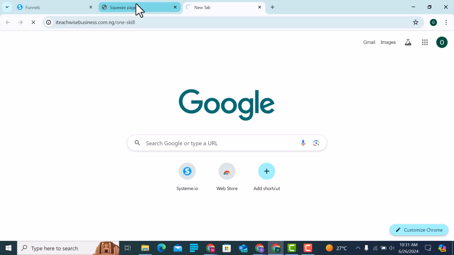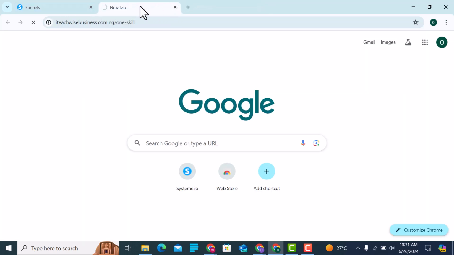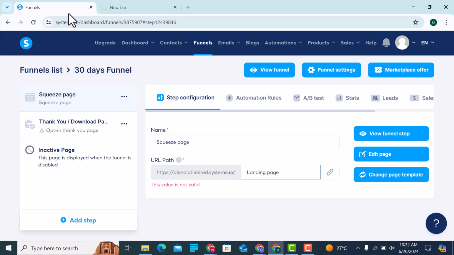If it is coming, say value not valid. Call it one scale. This one is valid.